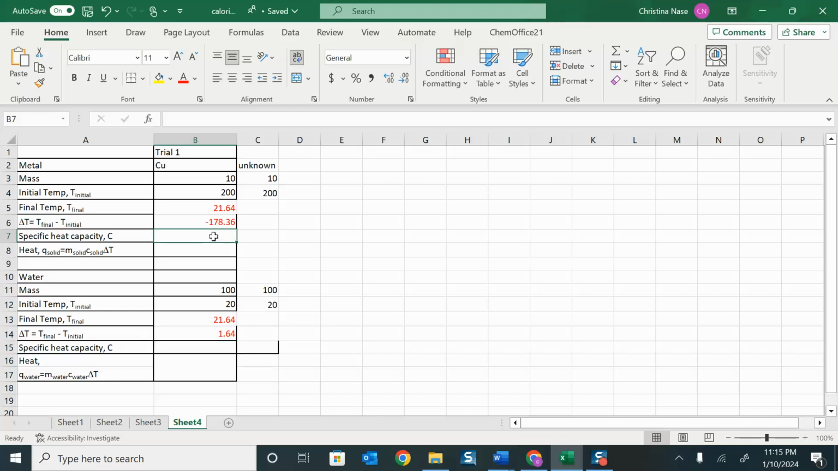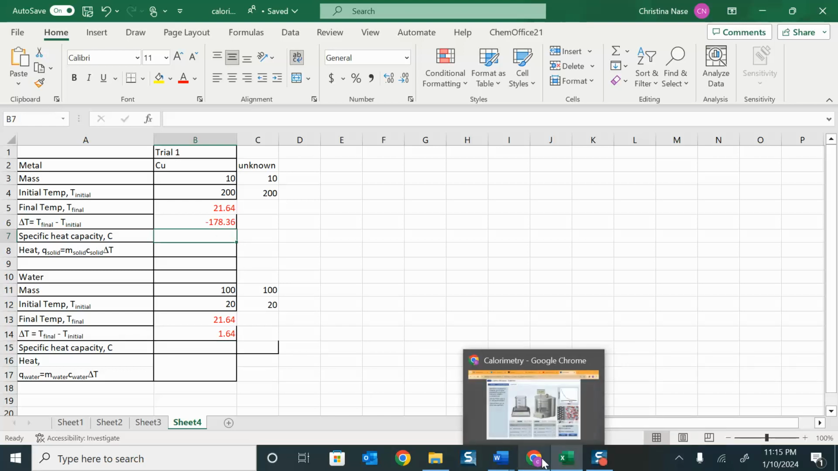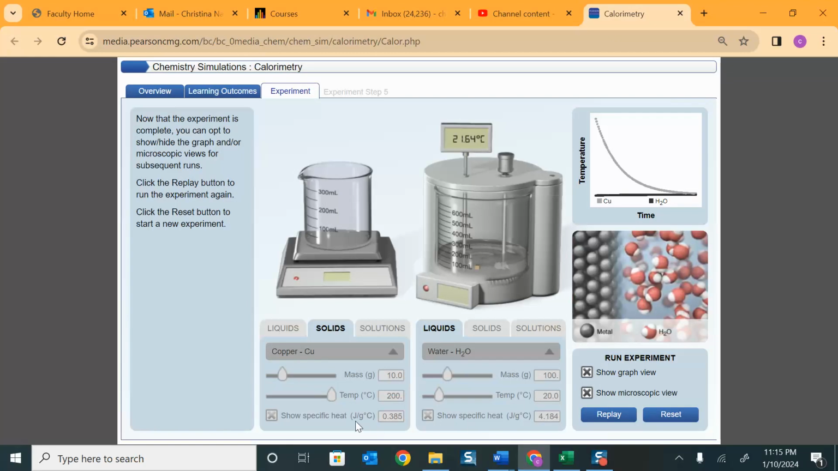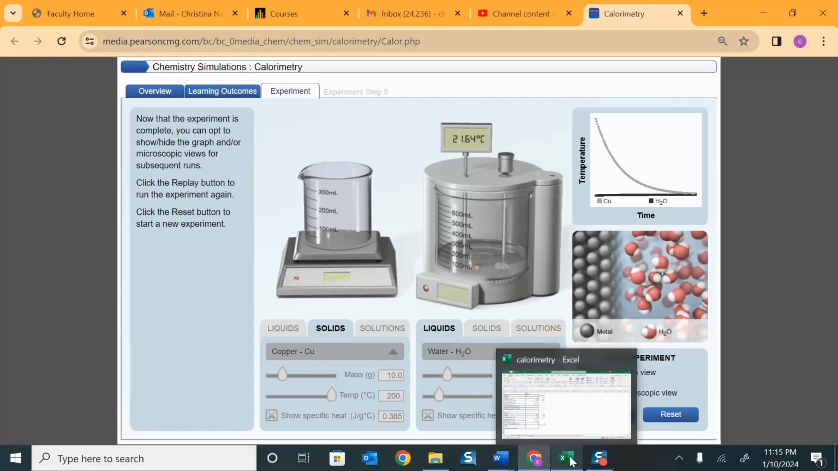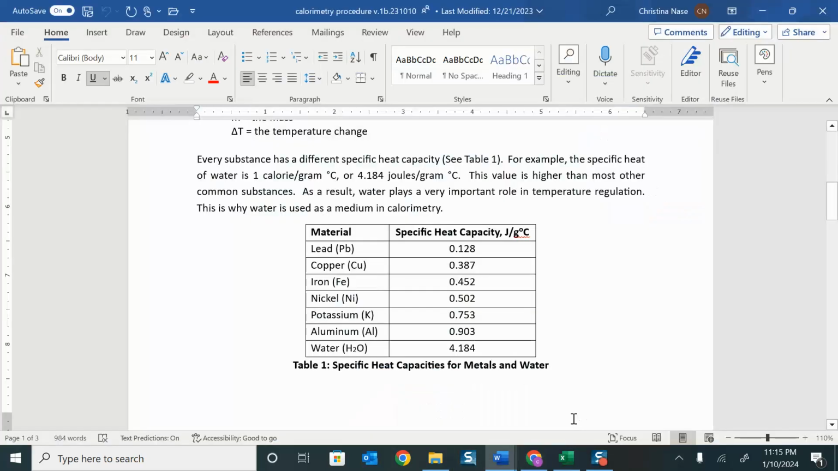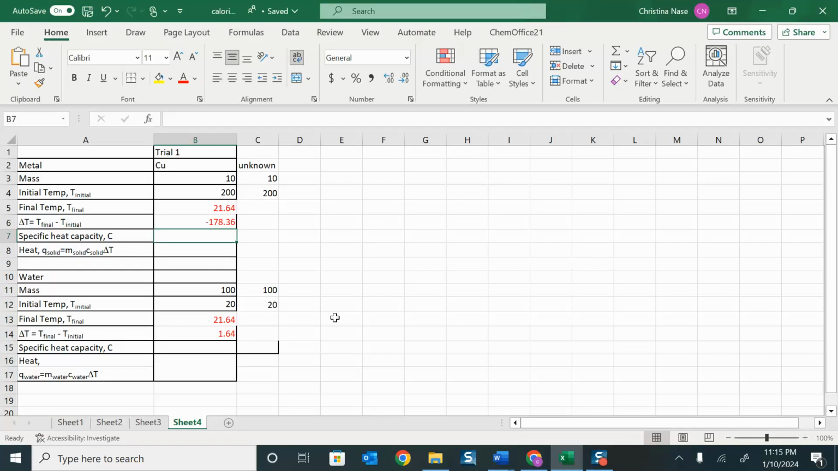Now, the specific heat capacity, if it's a known metal, we can get that right from the simulation. This is copper, so 0.385 down here. You should also be able to find that in the table. It should be pretty close to whatever's in the table here. I have 0.387. That last number could vary depending on your source. So I'll do the one from the simulation,